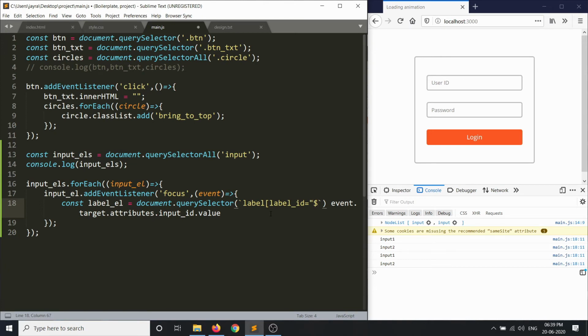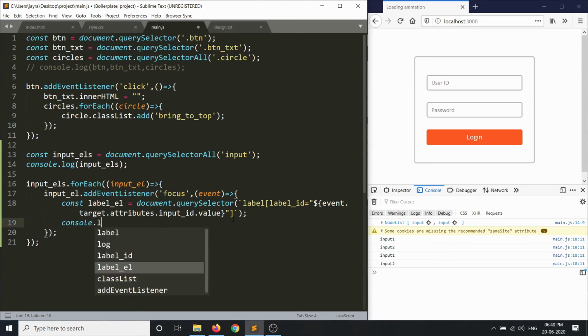We'll use a variable here which needs to be of this value, Control X, Control V, and then we'll close the double quotes, square brackets, then the template strings and then there is a closing bracket, semicolon. Let's log this label element to see if we got the correct label.